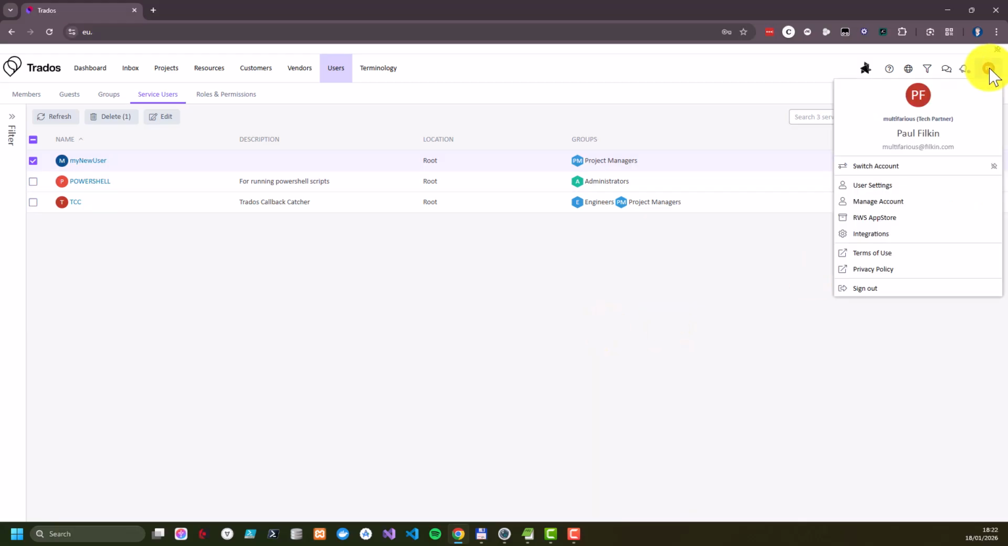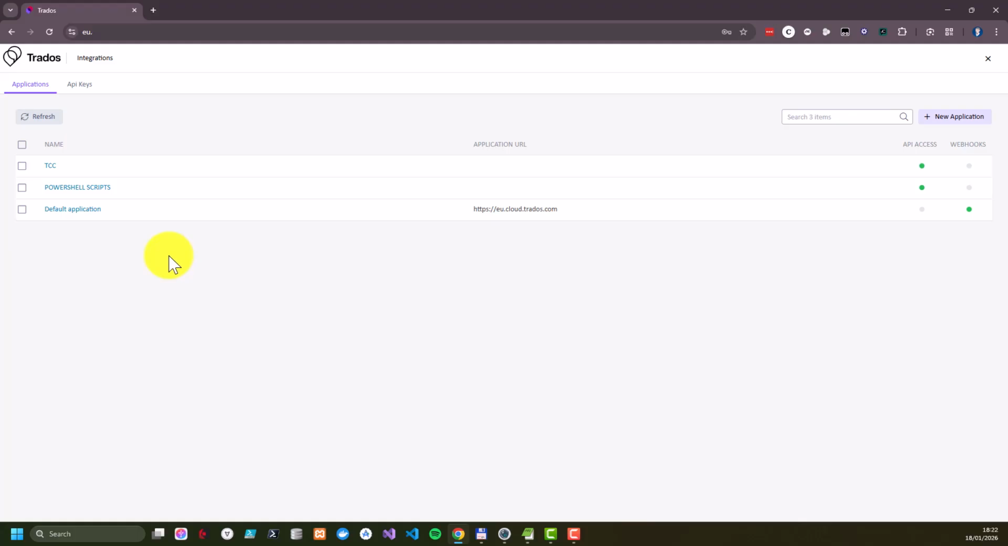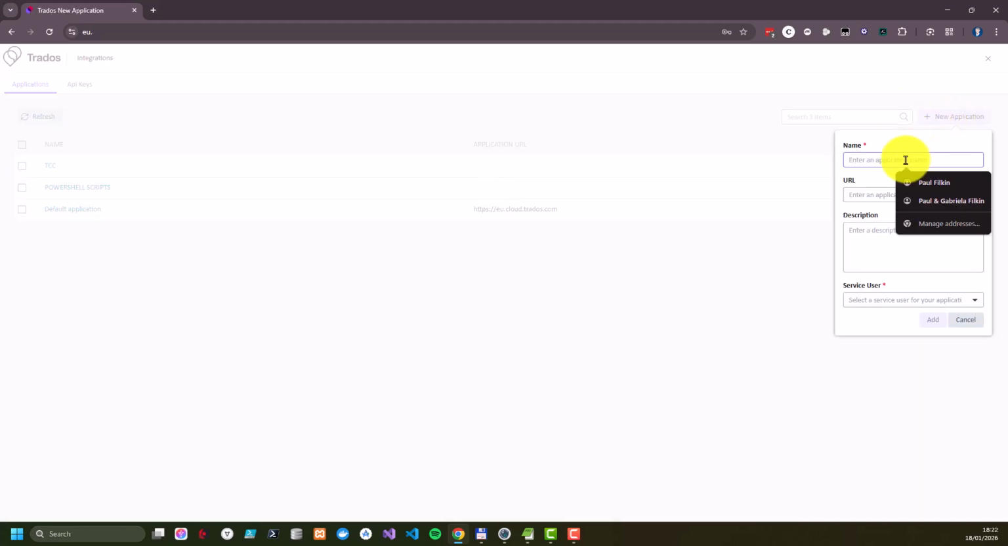So you then go to your integrations, which are the top right-hand corner, down to integrations, and in there you'll see the applications that you've built for your integrations. And I've already got my PowerShell one there, and I've got my Trados Callback Catcher there. But creating an application, again, is very straightforward. You click on New Application, you give it a name,